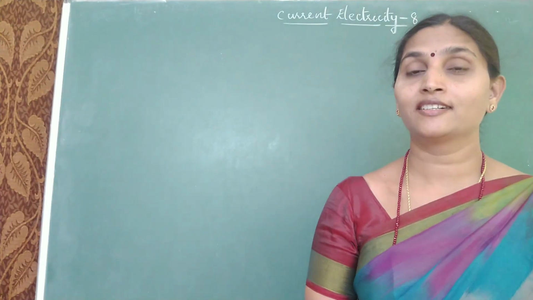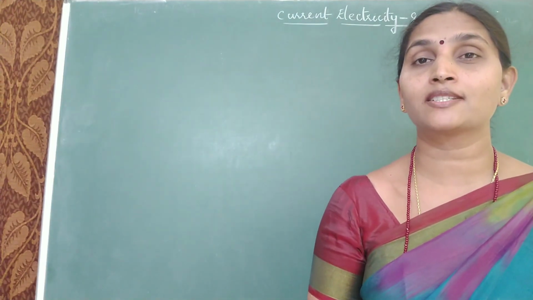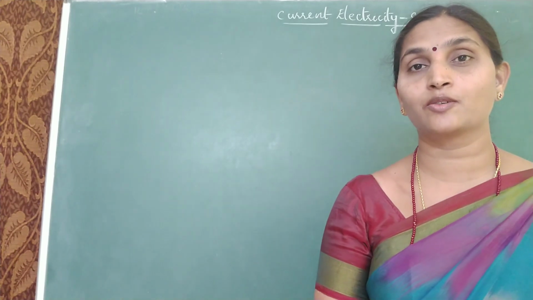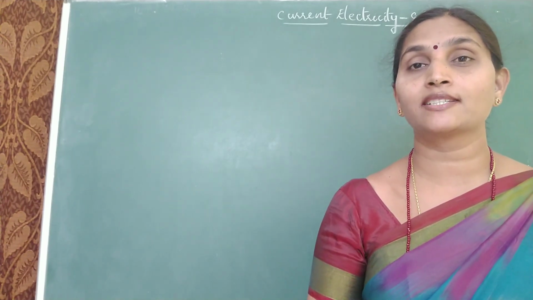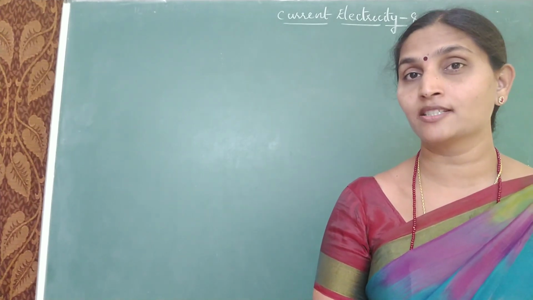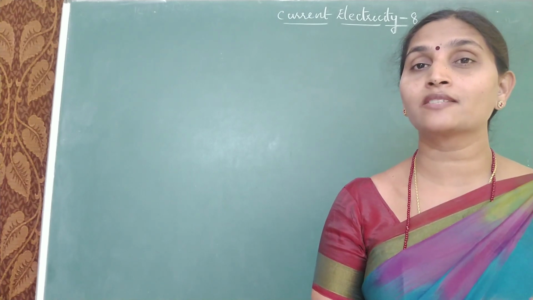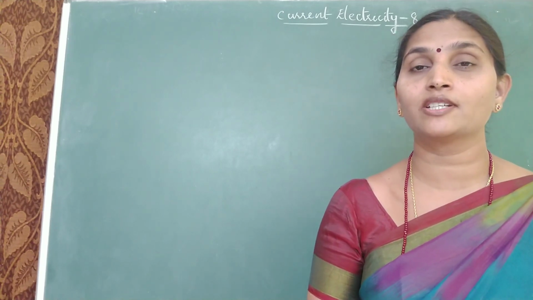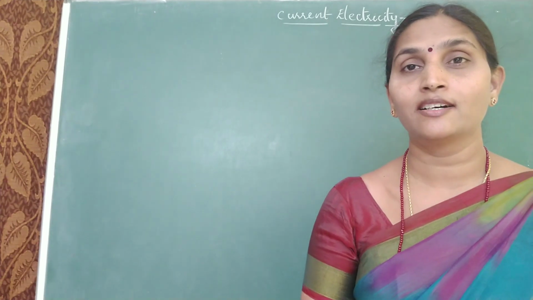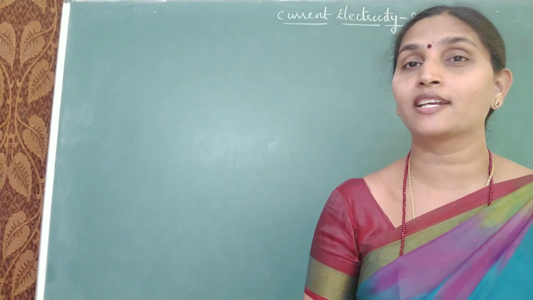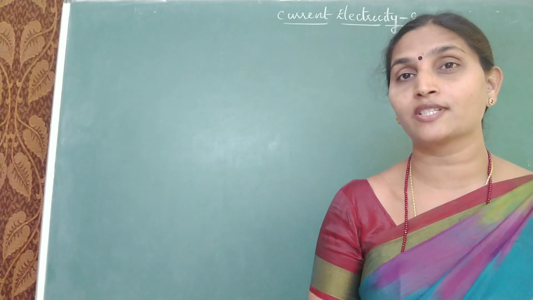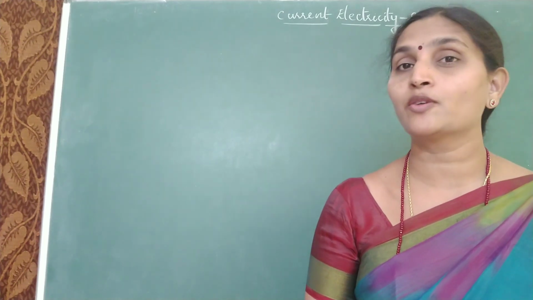Good morning, children. Today I will be telling you about star delta conversions in resistor circuits. We already know how to apply the star delta formulas in case of capacitors, but coming to resistors, the formulas will be reversed. Whatever conversion we have used for star to delta will become delta to star in case of resistors. First look at the formulas, and then we'll see where and how to apply them.